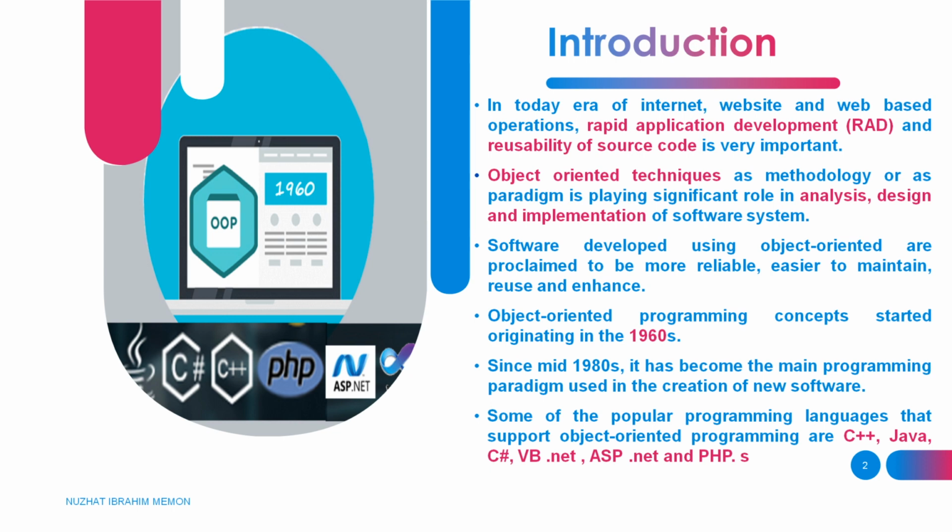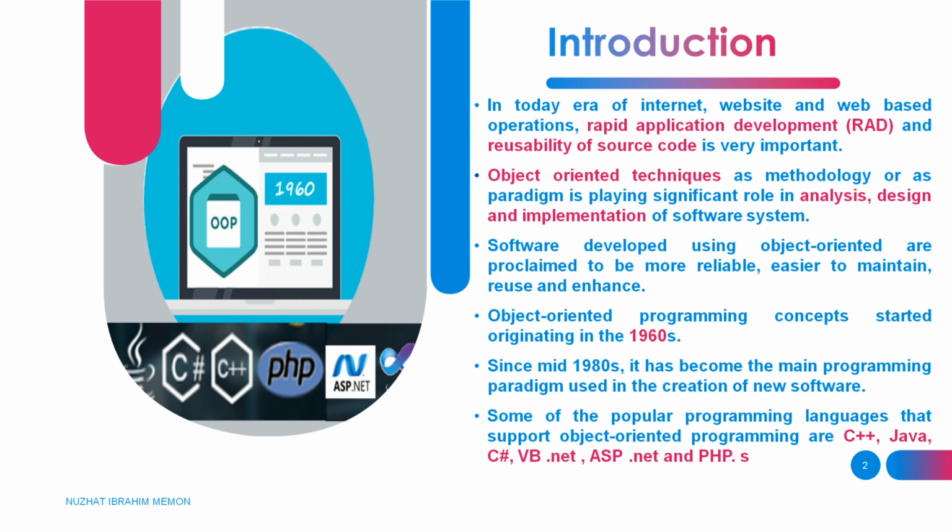And this was a question asked by the board in March 2017: which programming language is used to analyze, design and implement software? And the correct answer is object-oriented programming. Software developed using object-oriented programming is proclaimed to be more reliable in terms of fewer errors. It becomes easier to maintain, reuse and enhance, meaning the system can be easily upgraded from a small to a large system with